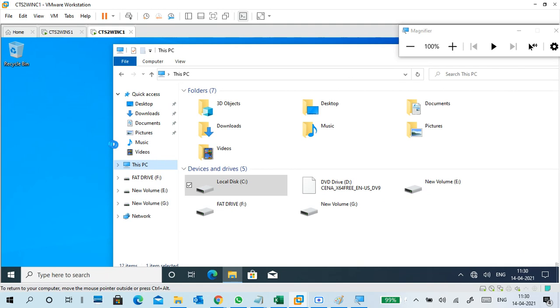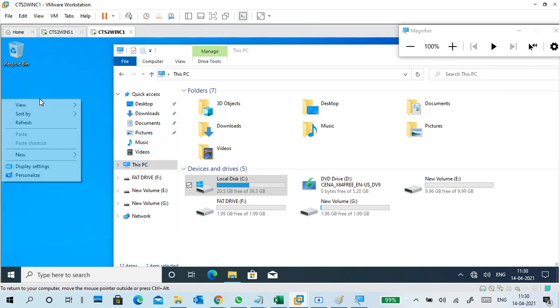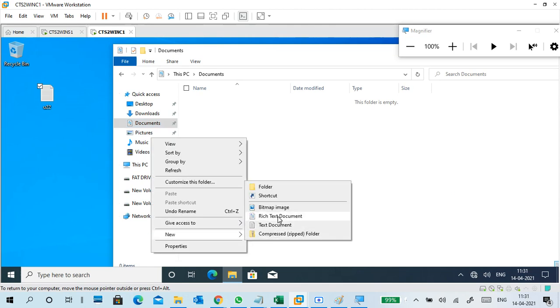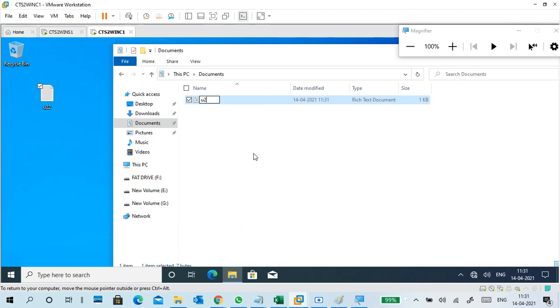But if you create data, either in Documents or Pictures or anything, like I'm creating some data as user 2 in Documents also, named u2d, what will happen? This data should be stored in that folder, right? But it won't store unless you log out. You have to log out. Once you log out, this data will be stored in your central location. Now it won't store. Your profile data is here, but when you log out, it will be stored.